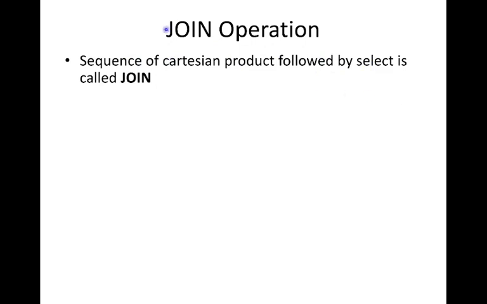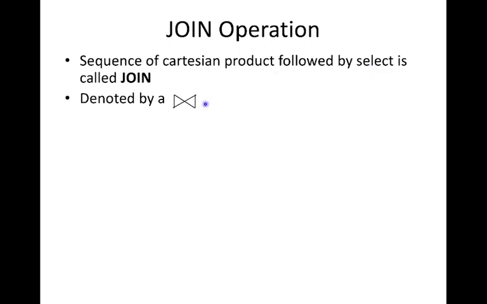So it is similar to the Cartesian product, but it is followed by a select operation, and this selection is based on some condition. We have already seen the select operation. So that is the difference between Cartesian product and join. In Cartesian product, we will simply combine all the tuples in two relations. Here, that combining is based on this select condition also. You'll see an example, then you will understand this.